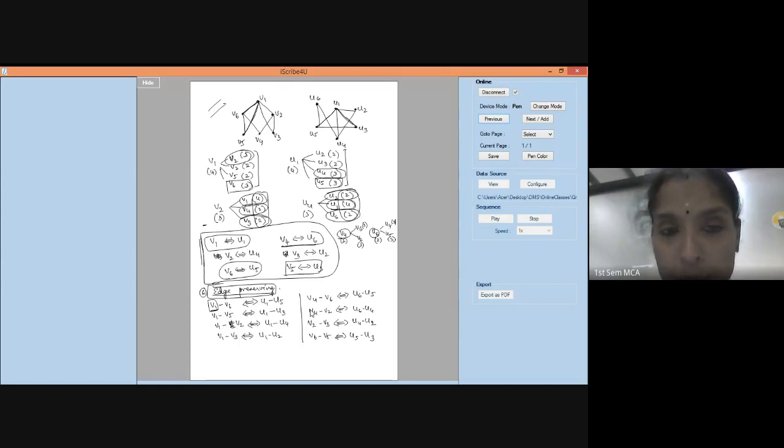Once you get your vertex preserving ready, every time you should see that. If you are getting something different, suppose Lavanya told me that she has taken U1 to U6. Now, if you look into the graph G2, U1 to U6 doesn't exist at all. So you cannot bring in a mapping. That means you have made some mistake. You have to go back and take V4 only, not V6. Like that, you have to come to a conclusion.